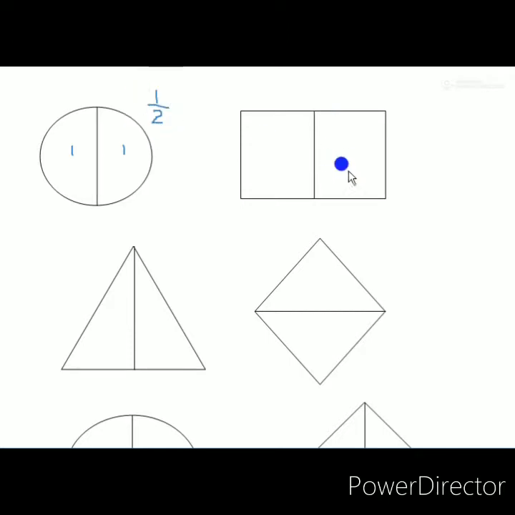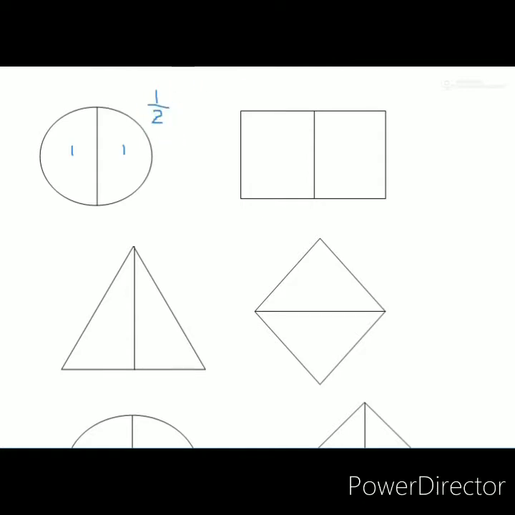That means half part. See that triangle also? That triangle also we divided into two equal parts. This diagonal shape, diamond shape, is also divided into two parts. All these shapes are divided into two equal parts and each part is written as 1 by 2 or 1 upon 2. These are halves or half of any part.